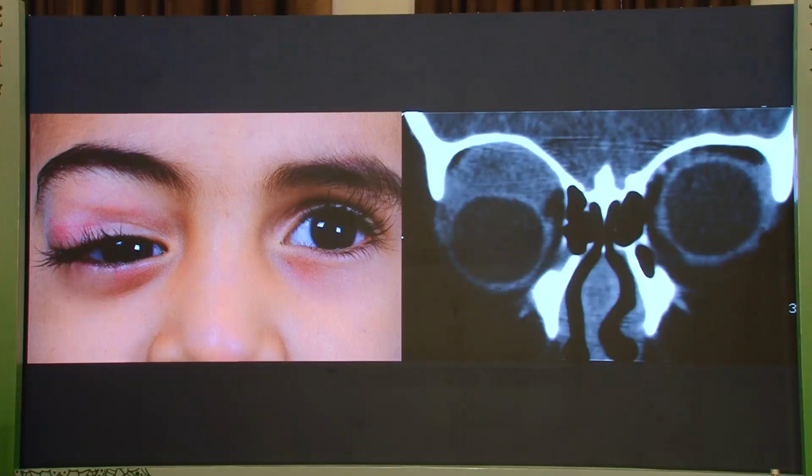We can actually even think of an orbital cellulitis to begin with, right? But again, we do a CT or an MRI, and then we see that there is a lesion right there. That means that we're not looking at just inflammation. But it could be orbital inflammatory disease, NSOID, or non-specific orbital inflammatory disease as well.